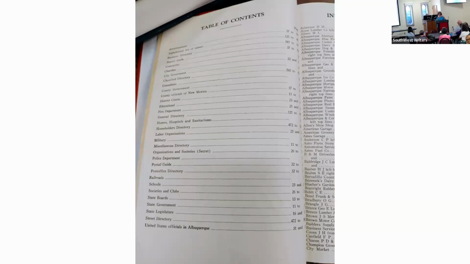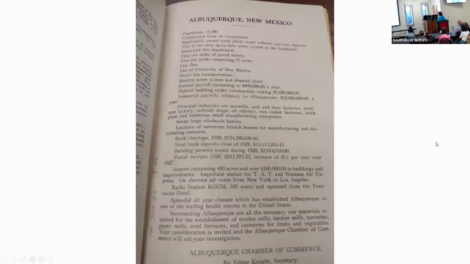Some of our rural counties where they're tiny little cities, there will just be one. It'll have the county seat and everybody else will be in it as well. Albuquerque, of course, is big enough to have its own. So it will provide for you, next slide, basic information about the city for that year.